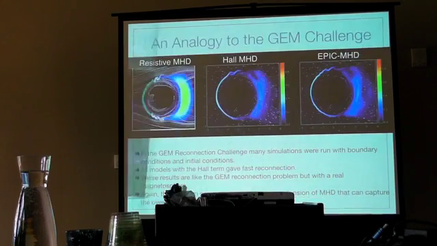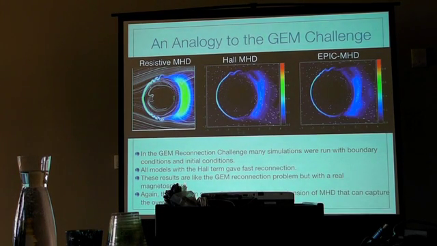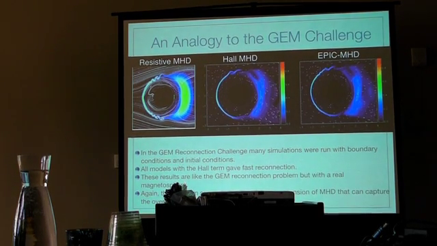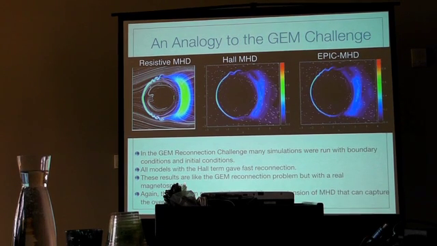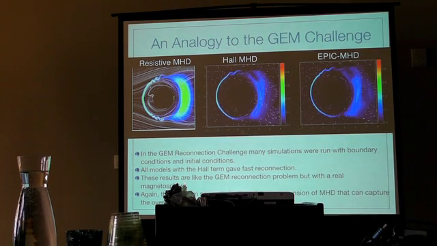So you can make an analogy, I think, if you put all these things together, you can look at the resistive MHD, the Hall MHD, and the embedded PIC. I apologize, the formatting is not the same. This was a separate visualization. But if you remember the GEM reconnection challenge, there were several reconnection simulations done with the same boundary conditions, the same initial conditions, but they're run with hybrid, with PIC, with Hall MHD, with resistive MHD, and it was the models that included the Hall physics that gave you fast reconnection. And so I think there's an analogy you can draw here,